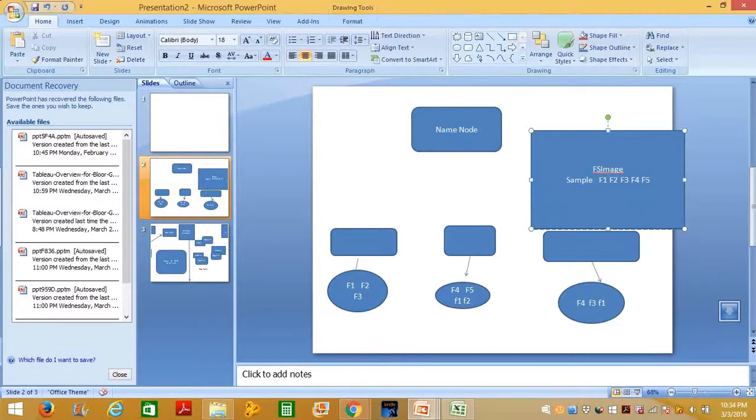And F1 is residing on which nodes? It is residing on node 1 along with node 2 and node 3. That is N1, N2, and N3. Node 1, node 2, and node 3, it is existing here. And then when you take something like F2 for that particular